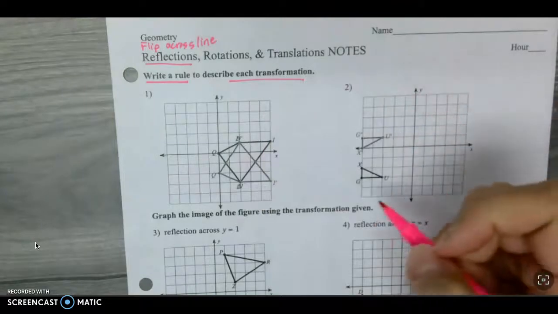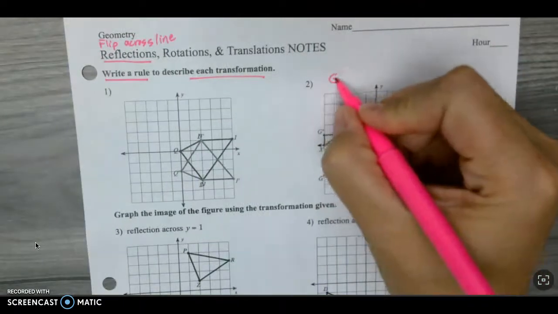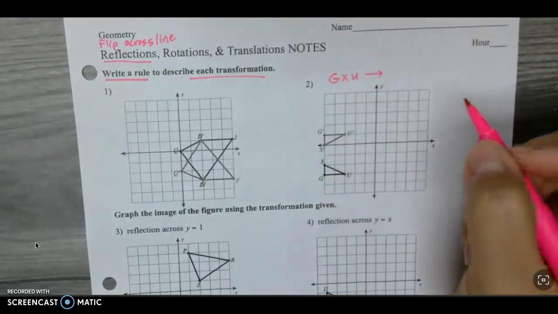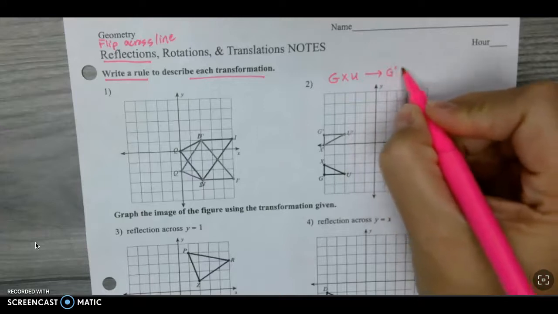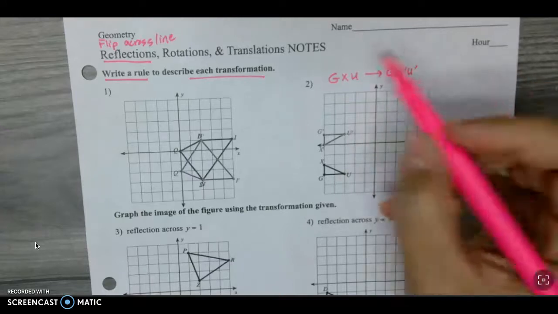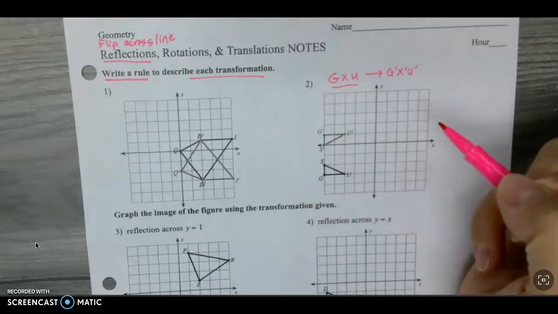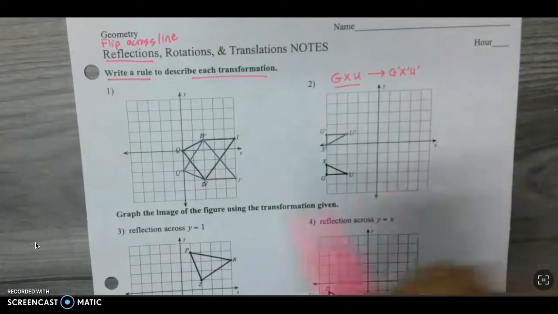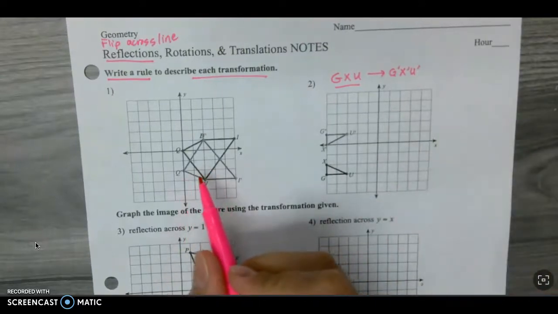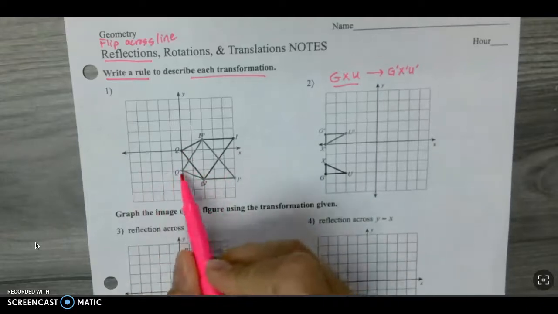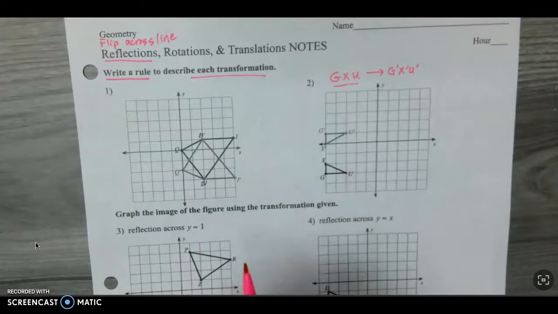So over here, GXU, that is our original. And then we have a reflection that would give us G prime, X prime, U prime. Okay, so the original doesn't have the little dashes. The new one does. The reflected image does. Okay, but here you might see exactly where the reflection is. You might see that there's a line that goes right in between Q and Q prime. But if you don't see it immediately, the way that you're going to find that is you're going to